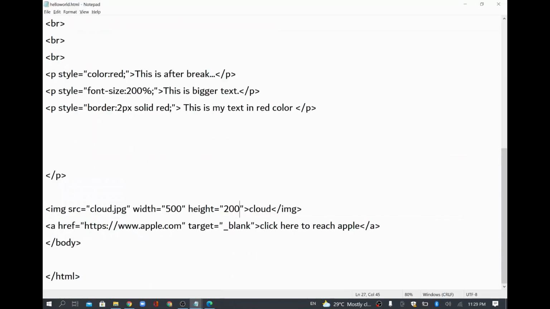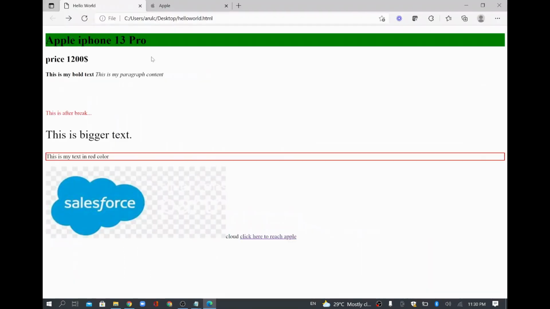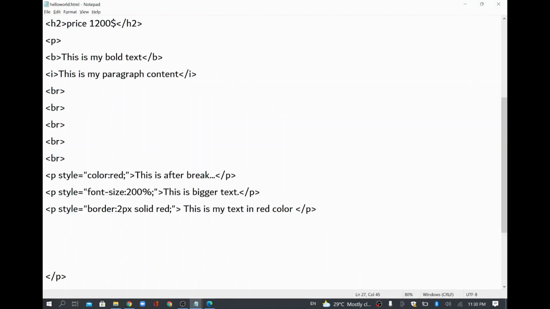So now we almost saw everything whatever we wanted to see. See here, this text and all, whatever we have written, it's coming like that. But again, if I want this text to be centered, right? This is the bigger text. This one I wanted in the center. Then I'll just add a new line. Anywhere you can add it. For example, I'll add it here, P. Whatever we are writing inside the P, it's a paragraph. I'll just have it like welcome.